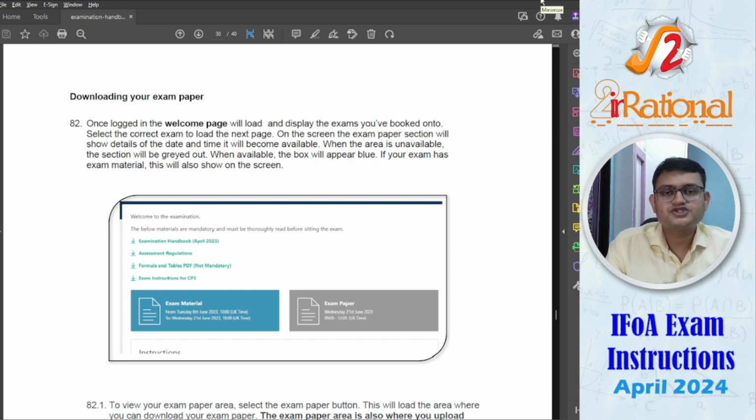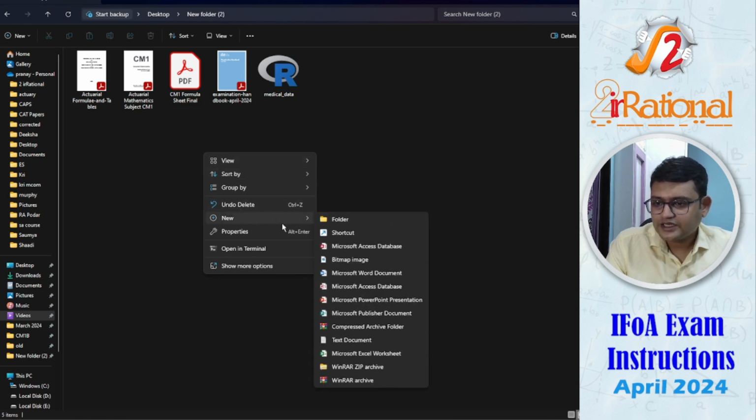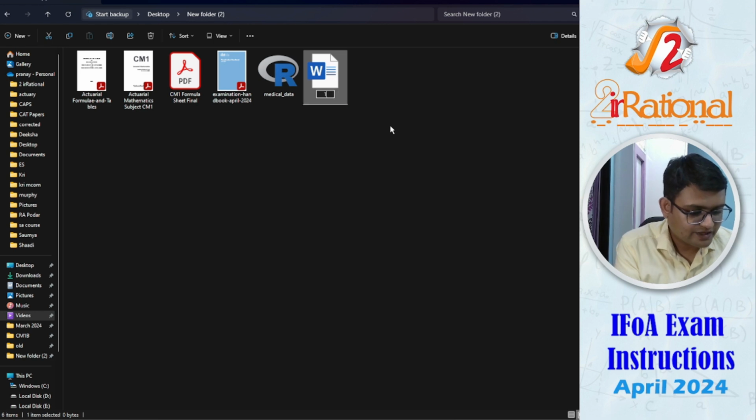Now 2 minutes before your exam time, you can create the Word file in which you will write your examination. So create the Word file. The name of this Word file is going to be your ARN, whatever your ARN might be, and the examination that you are going to write, that is